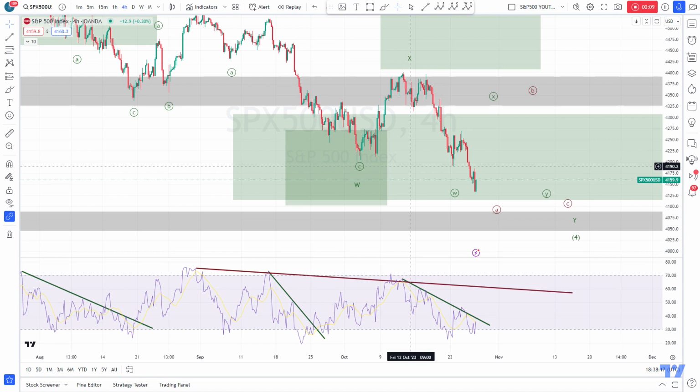For the record, today is Thursday, October 26. Time is around 6:30 p.m. GMT. So here we are looking at the 4-hour chart, and